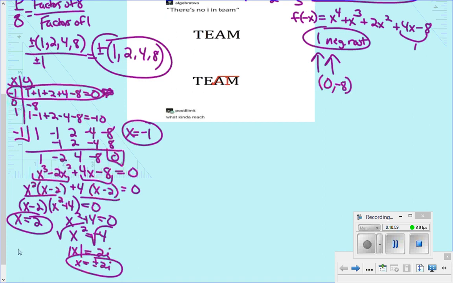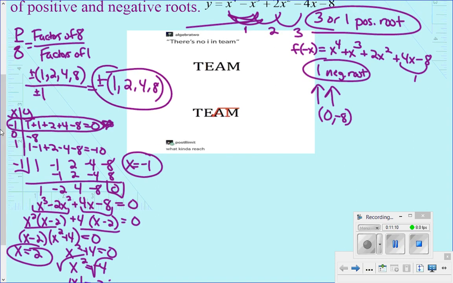But let's say that we tried to factor this and it didn't factor. Let's talk about what we would do next. So what I would do next is I would go back up and I would look at my list of possible rational roots, and I would also look at Descartes. Well, we just found one real negative root, and we know from Descartes that there only is one negative real root. So when I'm trying more values, I'm saying I would run through synthetic division a second time using these numbers, 1, -2, 4, -8, and I would run through synthetic division